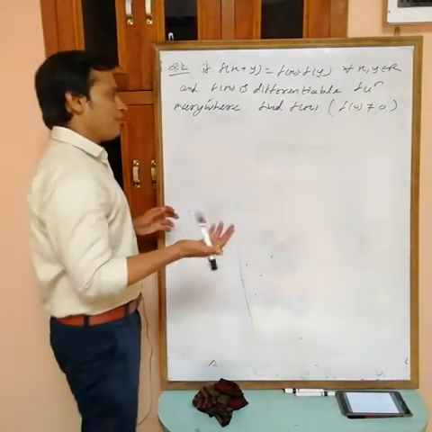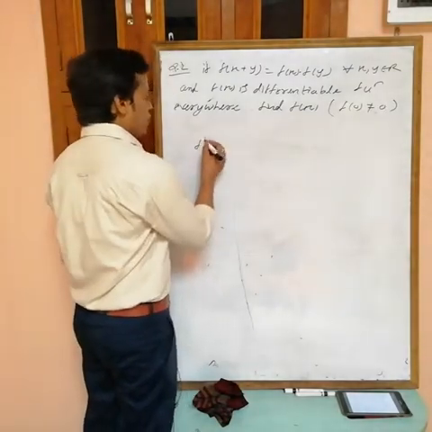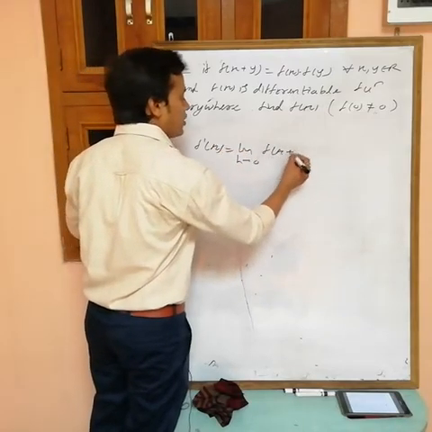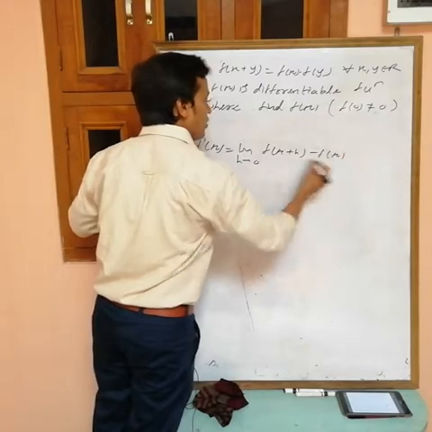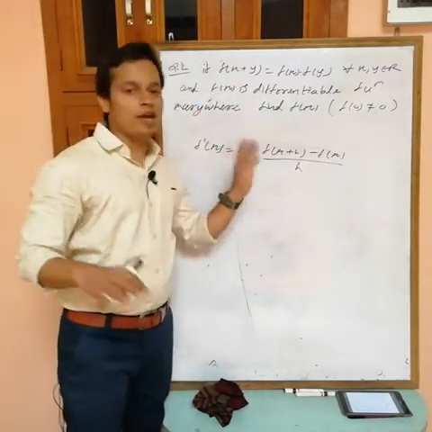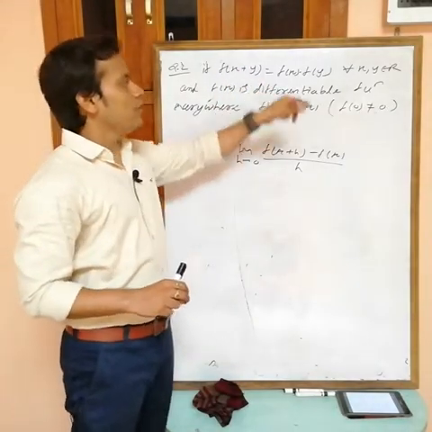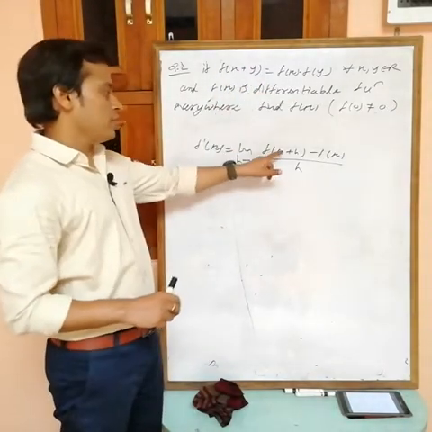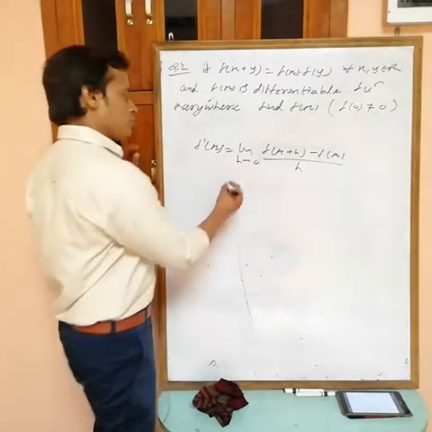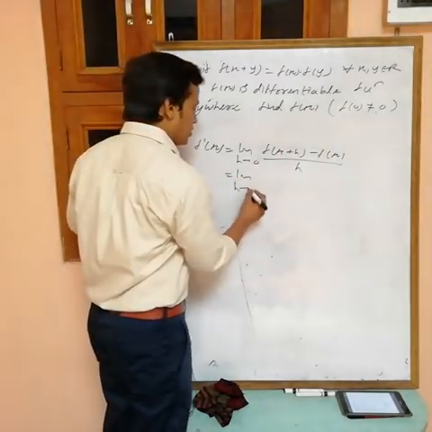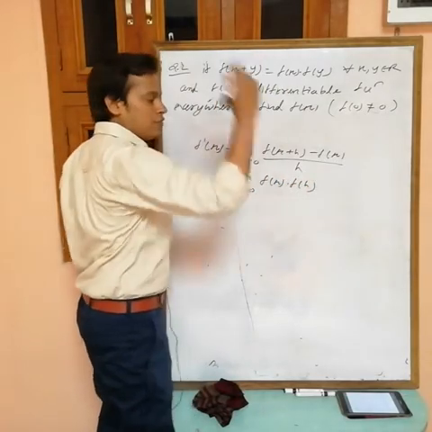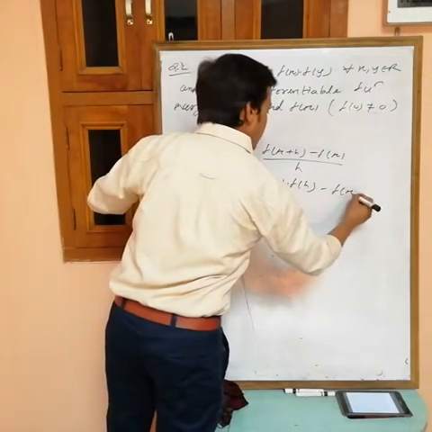Find the value of f(x). See, so again I am using f'(x). f'(x) is limit h tending to 0, (f(x + h) - f(x))/h. Now we have to use this function rule to find f'(x). f(x + y) equals f(x) into f(y). So I can put this one f(x + h) as f(x) into f(h). Just put the value: limit h tending to 0, f(x) into f(h), by using this equation, minus f(x), by h.